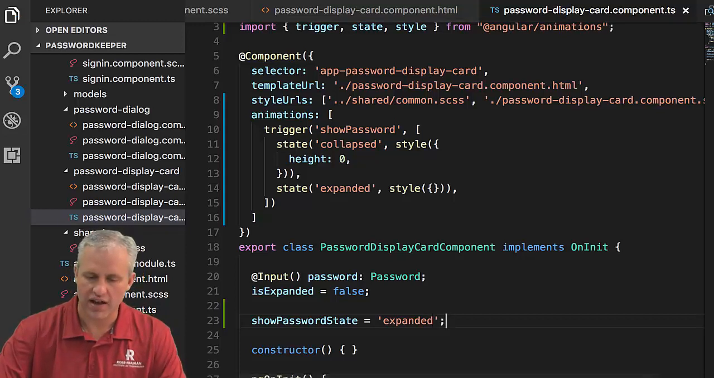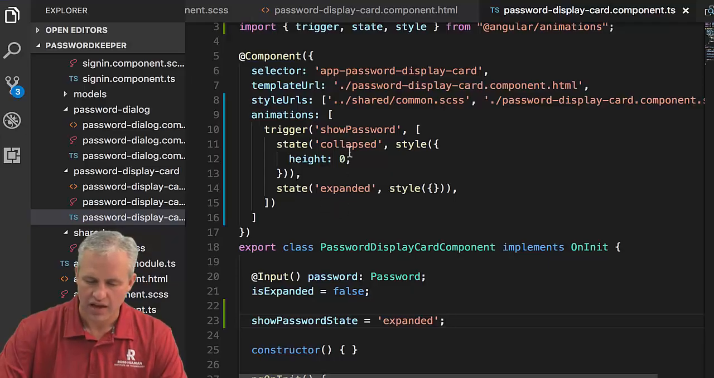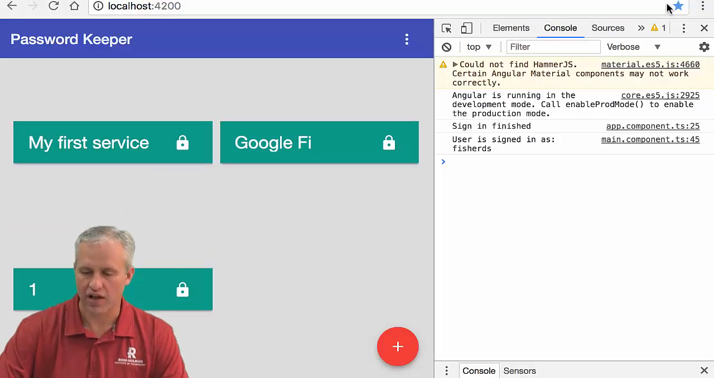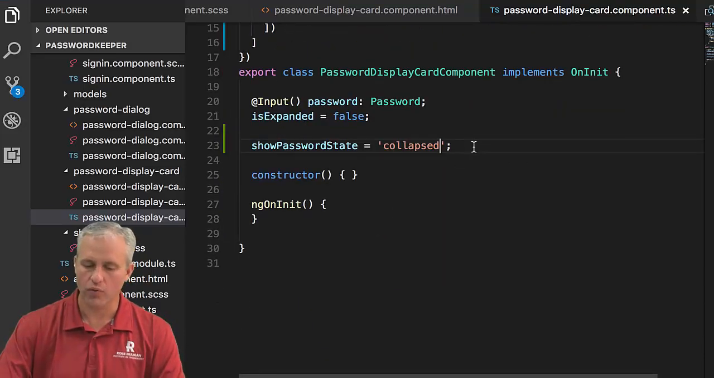And so when I save it now, everything should be in the expanded state. And if I switch it to the collapsed state, then they should all be in the collapsed state. So they're all collapsed. Now what we want to do is use a trick we learned before,